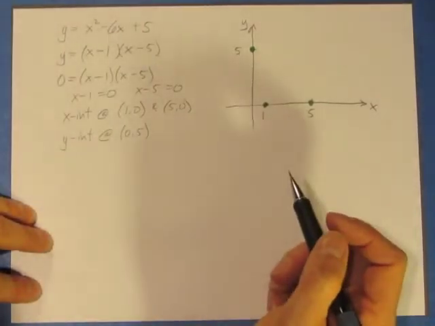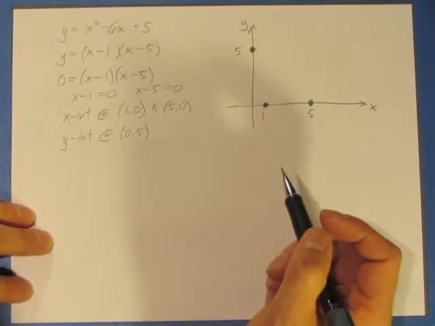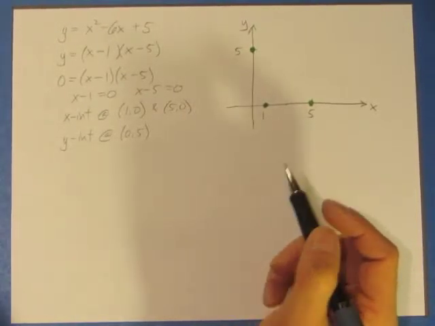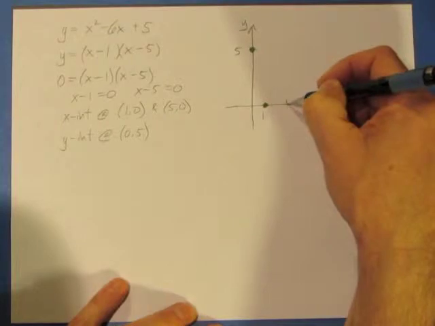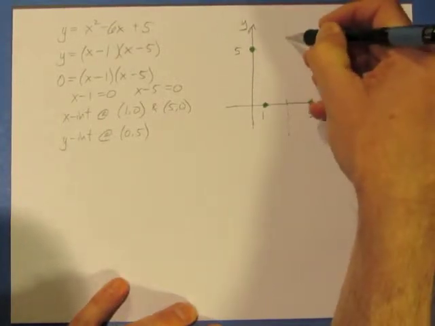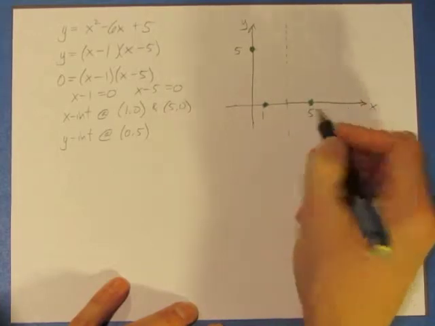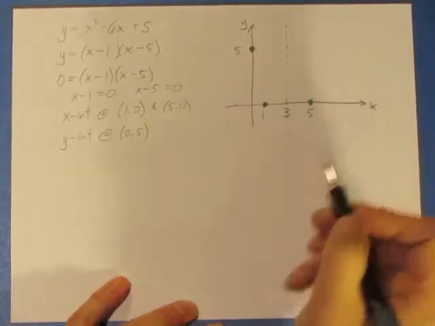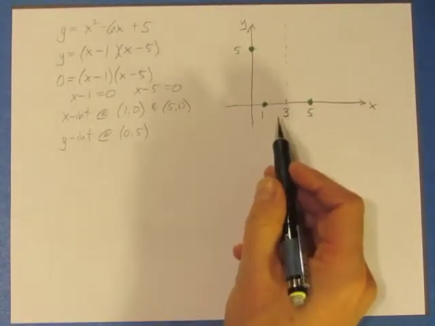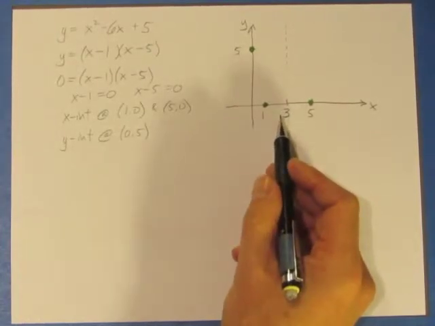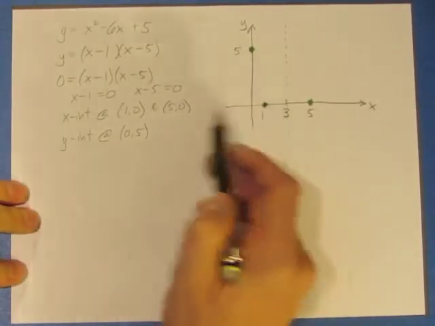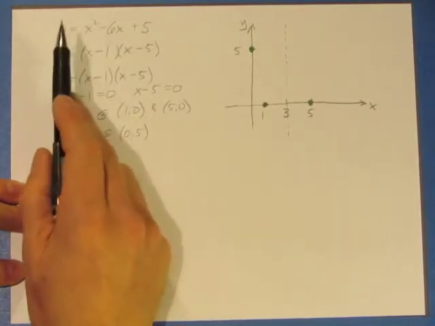We could make a parabola using these, but we want to be a little more accurate. So what I want to look at is we could get a line of symmetry here. And we know our line of symmetry is going to be halfway between our x-intercepts at 3. So that's going to be helpful. I want to take a step back though and look at what would happen if we weren't able to factor